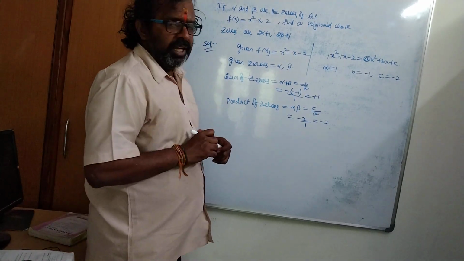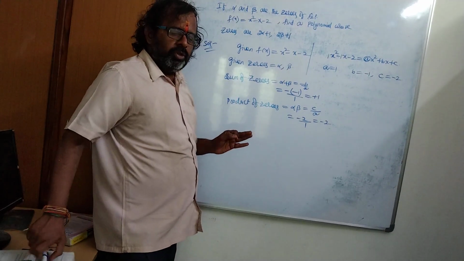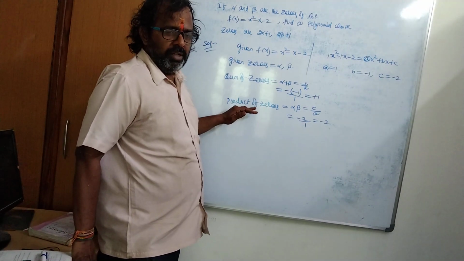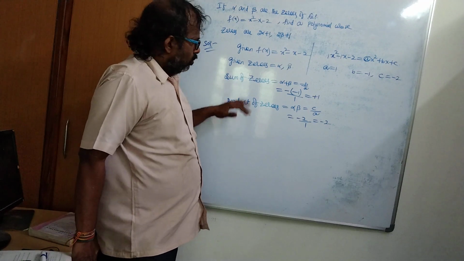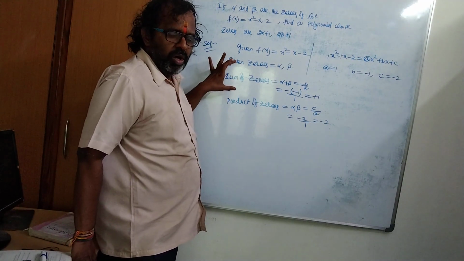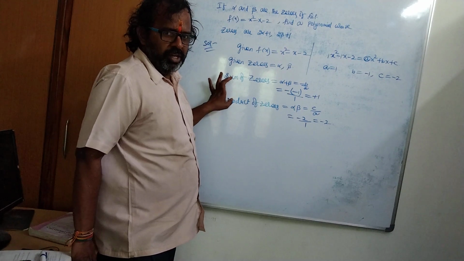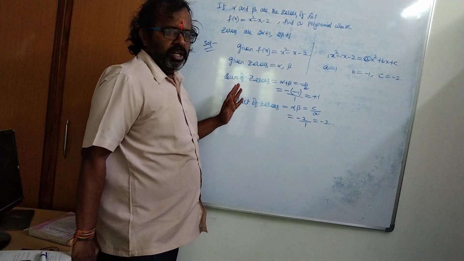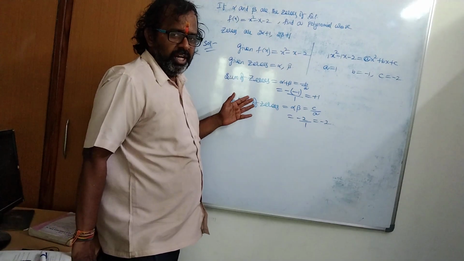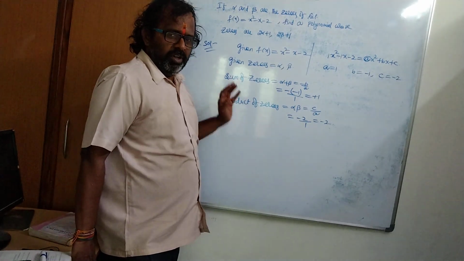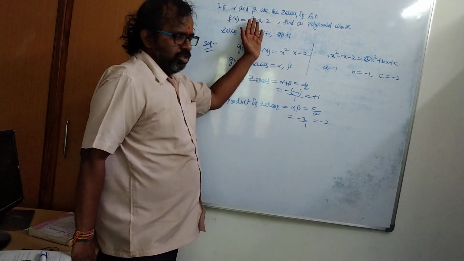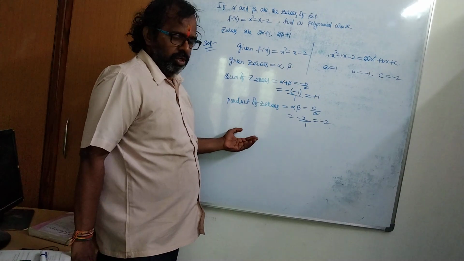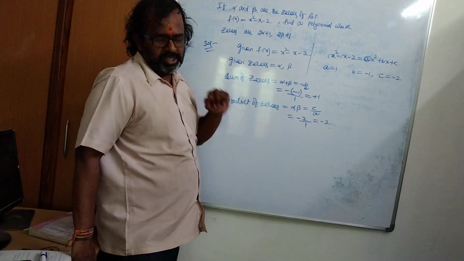See, maths is the only subject where up to whatever level you can solve the problem, you will get the marks, whereas in other subjects it is not like that. So if you can write the minimum of what is given in the question, you will be given at least half to 1 mark. So unnecessarily, if you find the question difficult, don't leave the problem. First write what is given, what the zeros are, what the relationship between the zeros is, sum of zeros, product of zeros, then go for what is being asked.